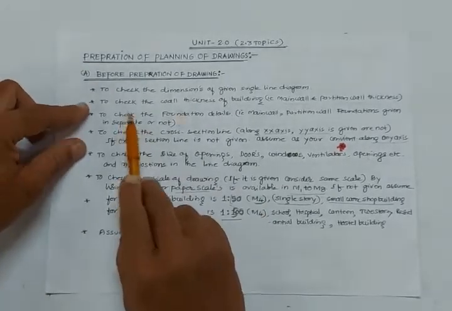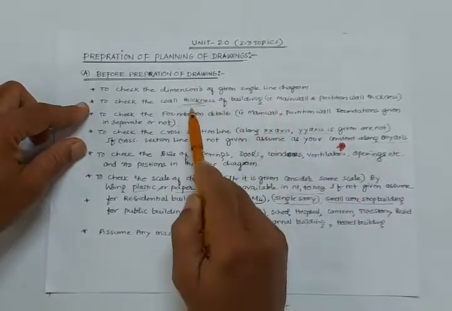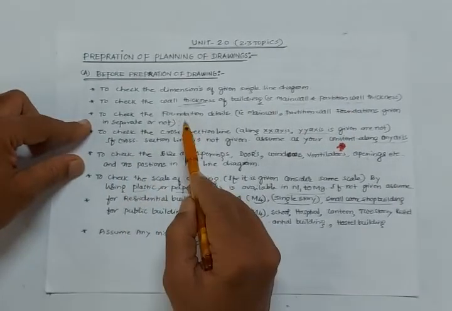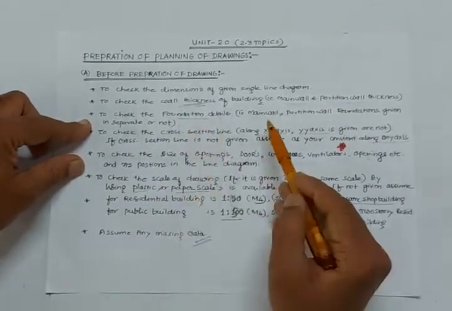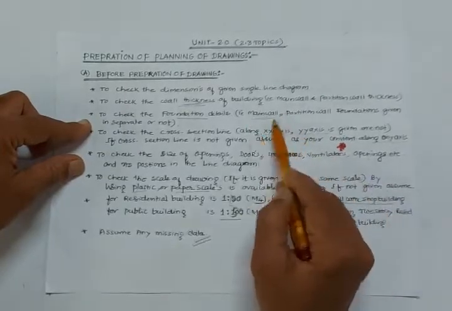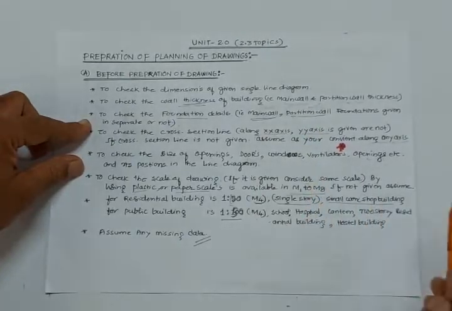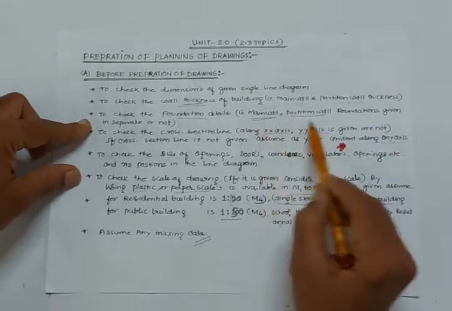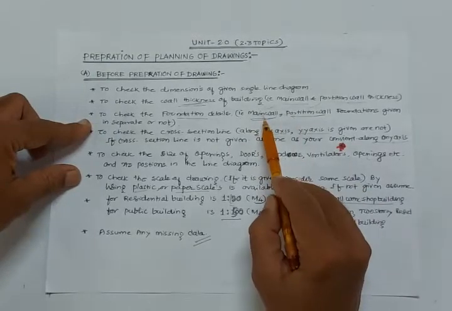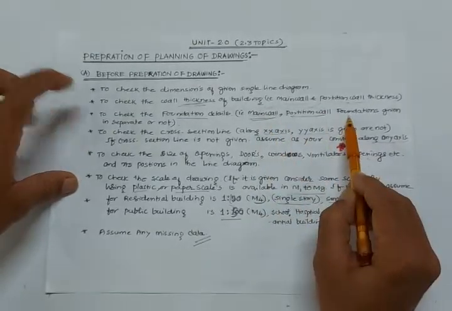Next one is the wall thickness. This is an important one. For main walls the width will change, and for partition walls the width will change. The foundation details are given below the ground level, from the hard stratum level to the ground level. The foundation detail for the main wall is separate and the partition wall will be different, so when two walls are given, it indicates two foundations. Sometimes only one wall is given, and if all walls are the same width, then only one foundation is available.